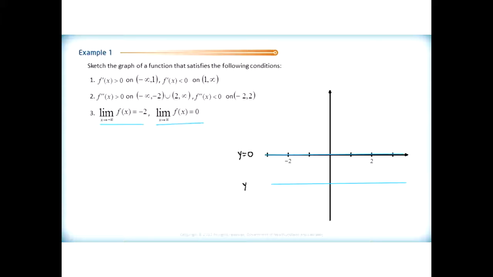I'm using consistency with the way it's done in your textbook, which just uses a different color line for your asymptotes. But probably on a test or an exam, it's a good idea to draw those as broken lines. Okay, so then we're told that